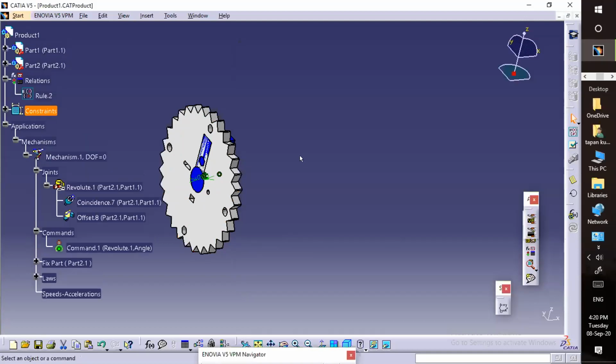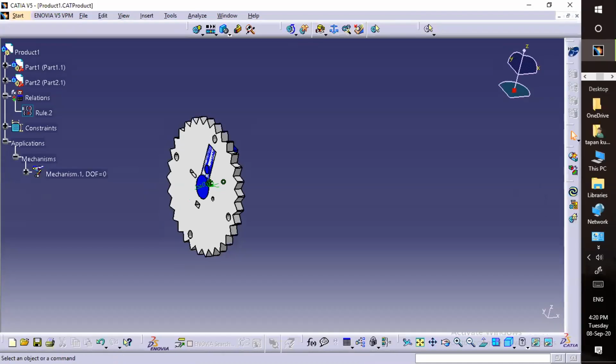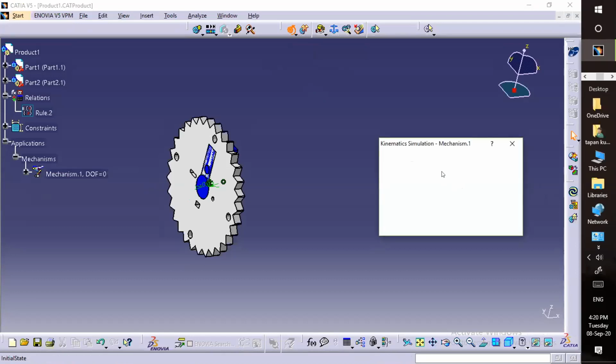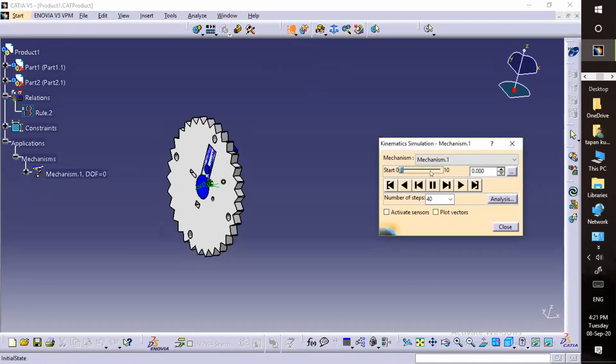Now I'll go to the DMU kinematics again by double clicking on this mechanism. Now I'll go to the simulation with law. Now I'll keep it at 0, then play forward.